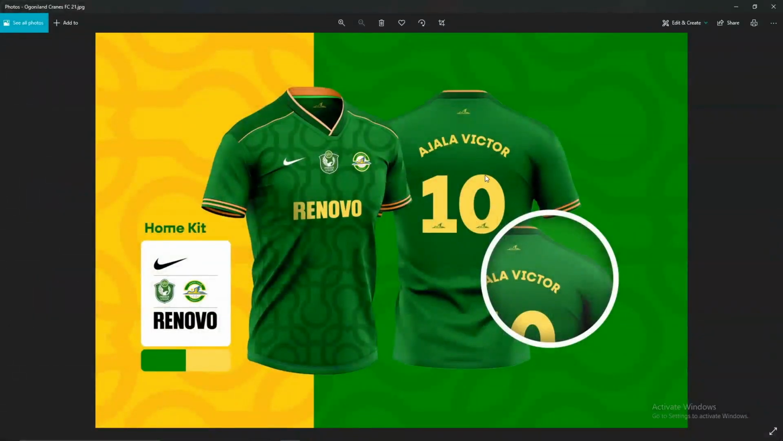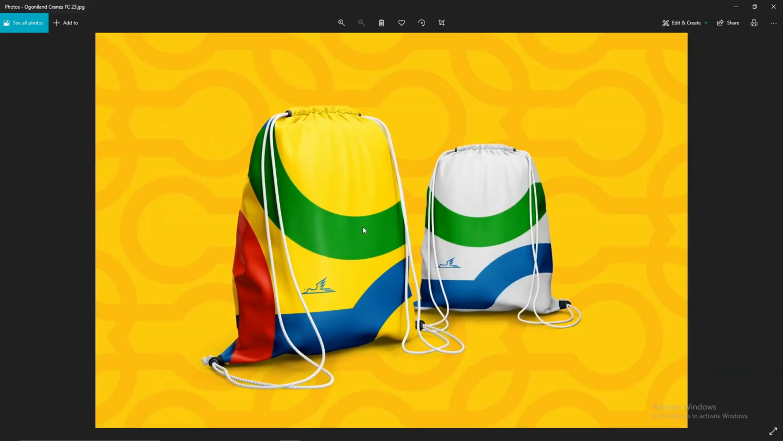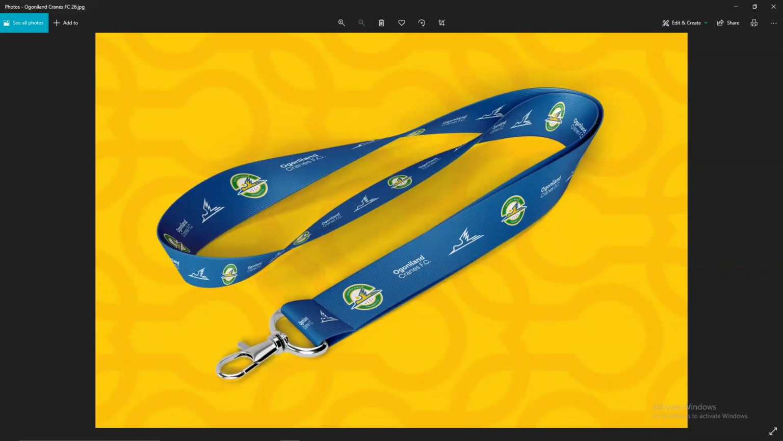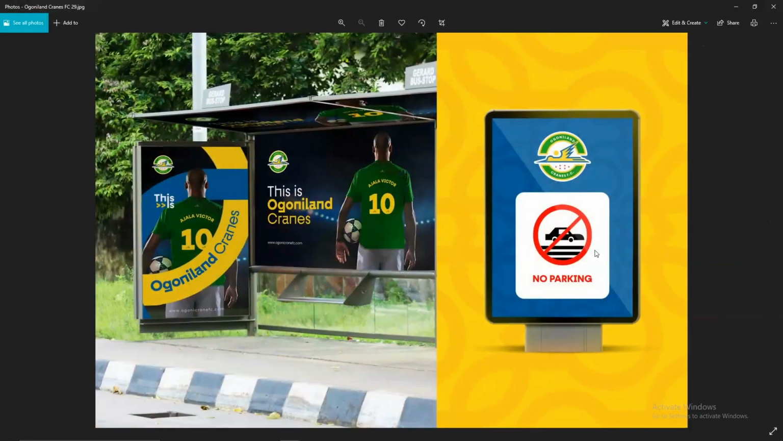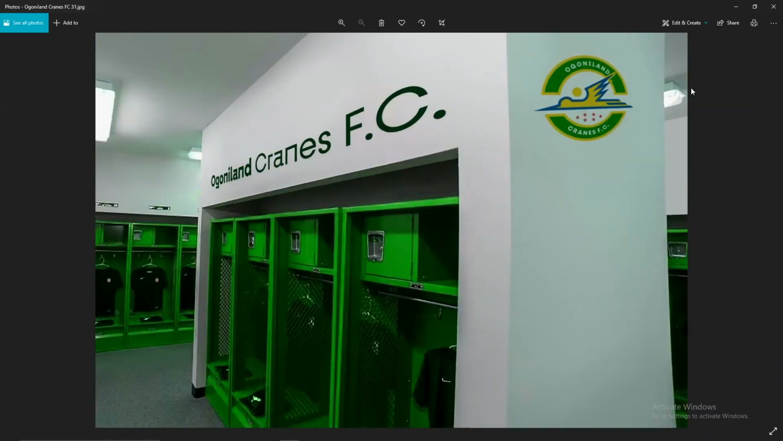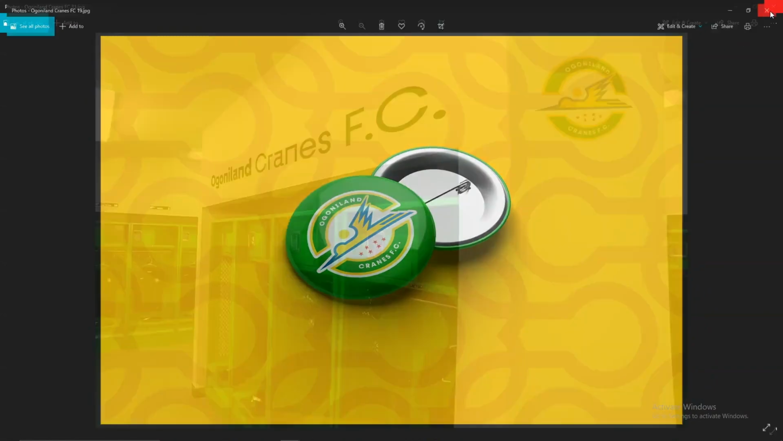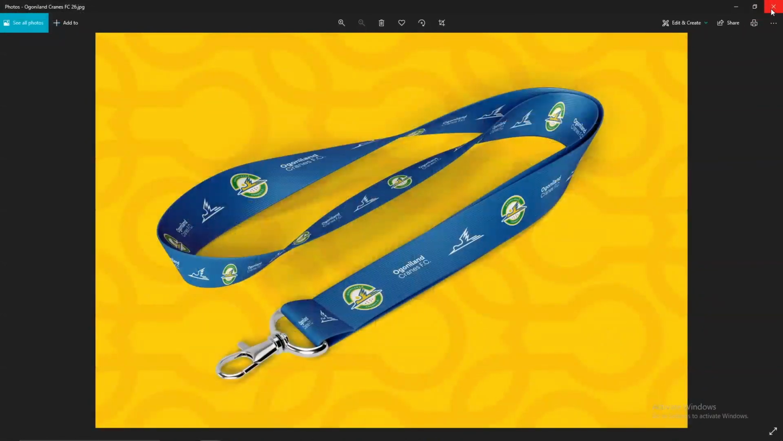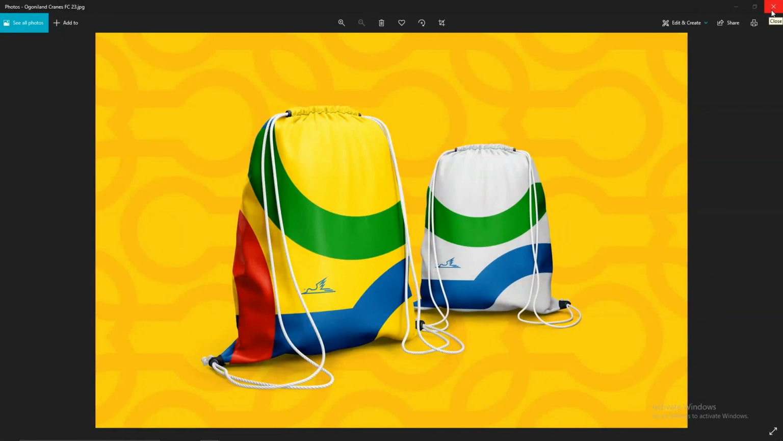on a jersey. You see how I place the logo on a jersey and it works so fine. This is also a mock-up on a bag. You can see how fine it works. This is also on a lanyard. This is also on banner, signposts. This is also in the dressing room. You see, those are the mock-ups required. This is on a button badge. So those are the type of mock-up they want to see how well the logos will work on different surfaces,